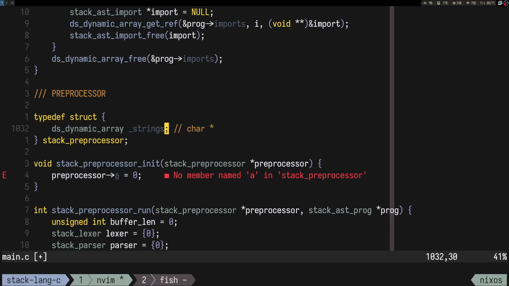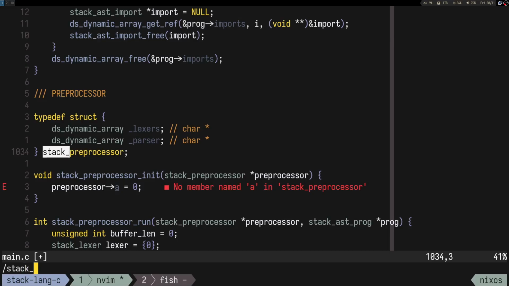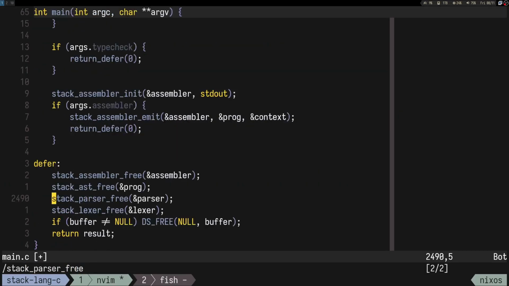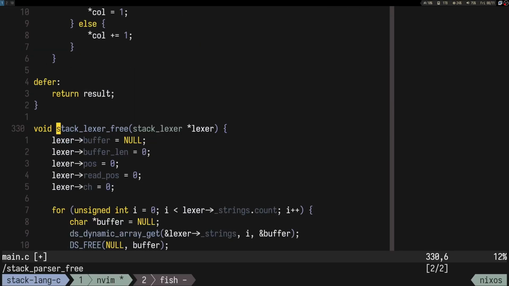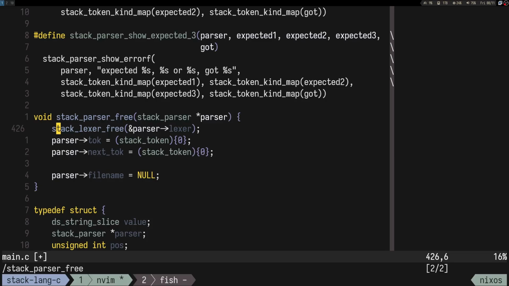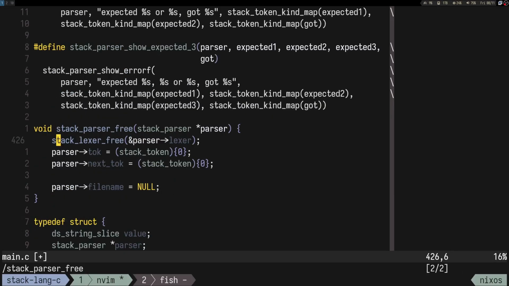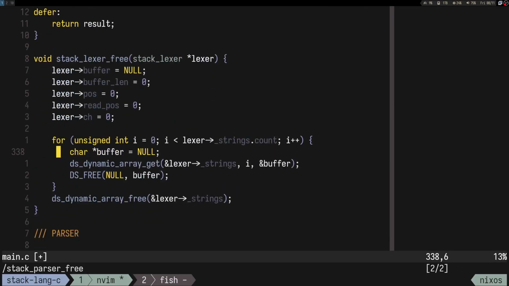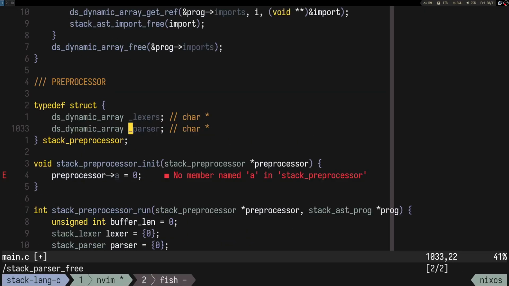So we can have lexers, parsers, and stack parser free. It also does stack lexer free, so yeah, I don't know if I want to keep all of them, but